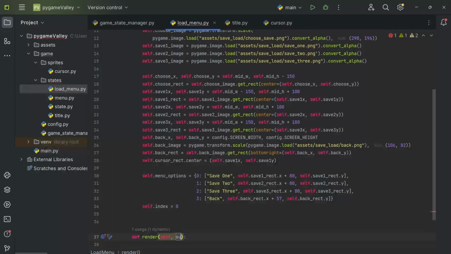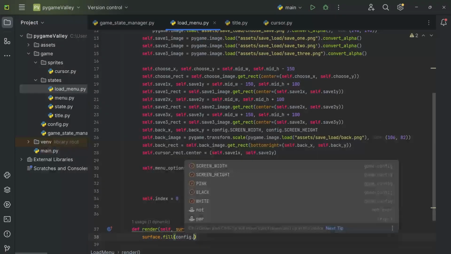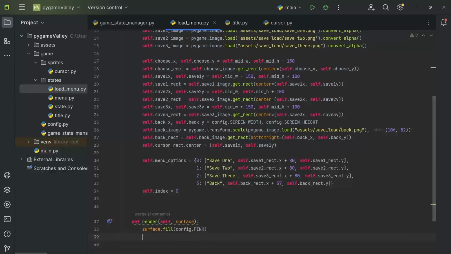It's going to take self and surface. And then we'll do surface.blit. In the last video, I did self.gamemanager.screen.blit, which works, but we put surface in the render function, so we can just use the surface that we pass in. But actually, I don't need to do surface.blit first. I need to do surface.fill, and then config.pink. So we'll fill our screen with that pink color, and then surface.blit,